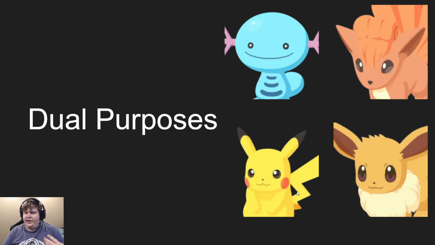And then finally, I'd say dual purposes. This is another factor for consideration, and I put the 4 examples that I could think of. There might be more in the game right now, but some of these have dual-purpose candies. Like I said, I don't know if there are more, but these are the 4 that I can think of. These are candies that can be used on multiple species, and it's worth consideration for 2 reasons. Because 1, it's more likely that any given person will be making a split investment if they catch good variants of both of those. And 2,